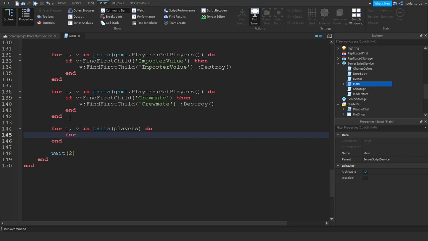We're gonna have to loop through v: for x, c in pairs(v:GetChildren())